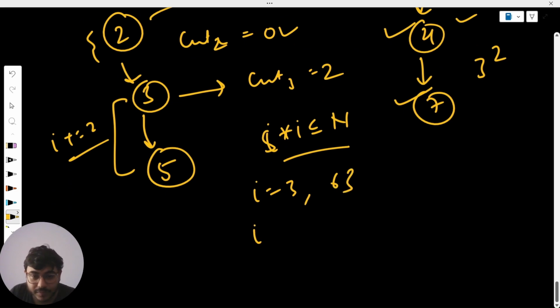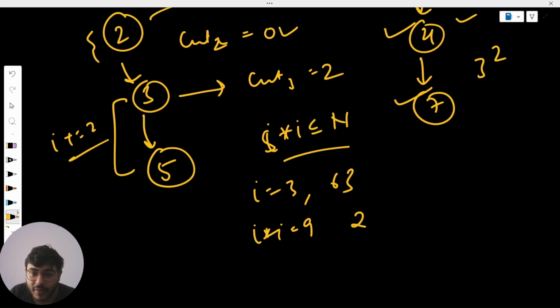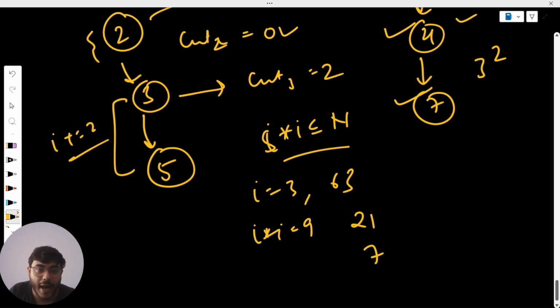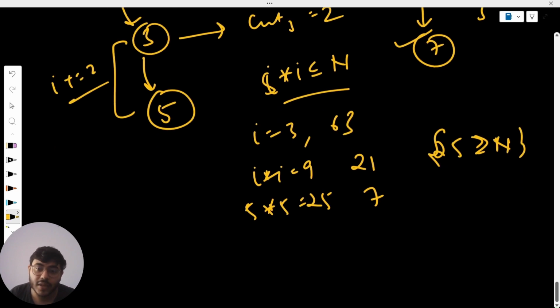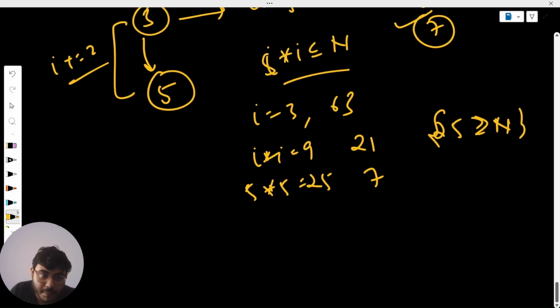बाद i3 रहा मेरा। ठीक है, i इंटू i इज 9, सो 9 इज लेस देन 63, तो उसके बाद मेरा 21 आ गया। उसके बाद फिर से डिविजिबिलिटी आई, डिविजिबिलिटी 7 हो गई। ओके, उसके फैक्ट्स काउंट कर लिए। i प्लस इक्वल टू 2 करने पर 25 हो गया। तो 5 इंटू 5 इज 25। सो वी कैन सी कि 25 इज ग्रेटर देन n, राइट, तो इसका मतलब मैं आगे प्रोसीड नहीं कर सकता।